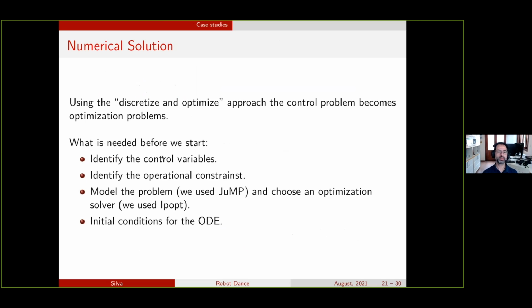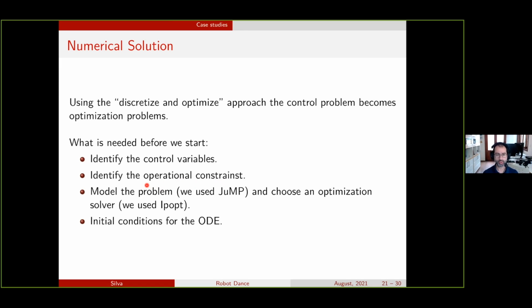So what we needed to do, we needed to identify the control variables, identify the operational constraints. Operational constraints here stand for things like the capacity of ICU units you have. If you have vaccination, how many vaccines can you apply every single day? For example, you have constraints that say that the second dose has to be in a time window after the first dose. So you have to do it at least 3 weeks after the first dose, at most, I don't know, 3 months after the first dose. So you have this kind of operational constraints.